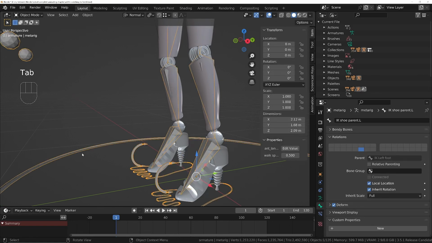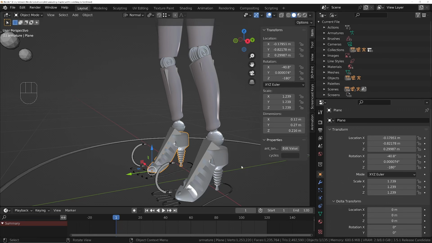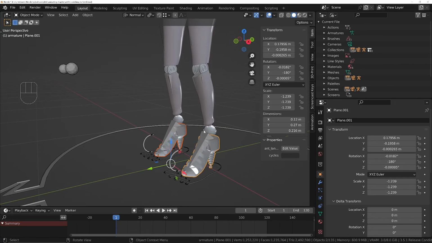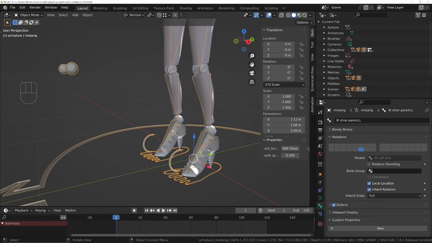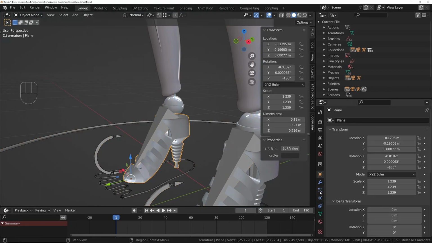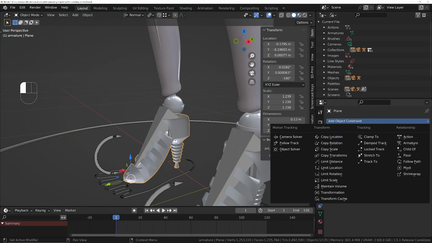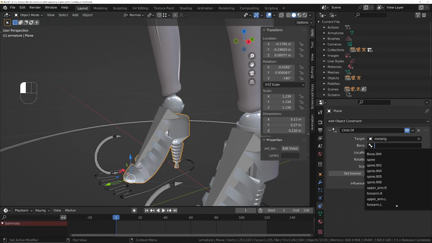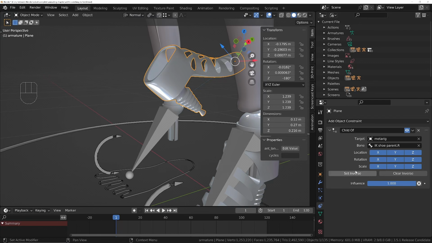So what we'll do now is set the shoes, both of them, Alt-P, clear and keep transformation. And then to get these to follow along, what we'll do instead is parent them using the constraints like we did before, depending on whether we're in IK mode or FK mode, which one it's parented to. So set this shoe, and go into the constraints, and we'll add a child of, meta rig, and this one can be for IK, so I'll call it IK shoe parent R, set inverse,